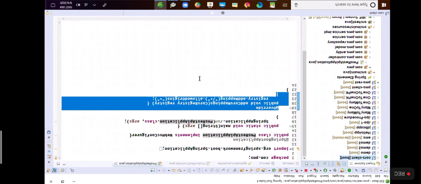Then we'll start how to provide security, and then how to add caching. Finally, the same application we'll connect with a MongoDB server. Right now we are using Oracle as the backend server. Next we are going to use MongoDB as the backend server, which is called a NoSQL server. These are all the various things that we are going to see as part of this Spring REST application.